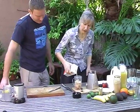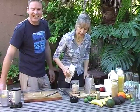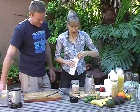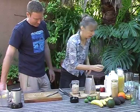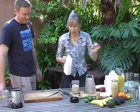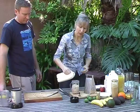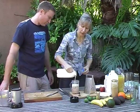Some rice milk, and I'm going to top that up with some rice milk. Rice milk's quite watery, so I might like to have a bit of yogurt with this. And the thing with the grated apple is it makes the yogurt taste sweet. My kids really liked that as a dessert when they were little. Grated apple topped up with a bowl of yogurt, and they thought that was yummy. So just a little drizzle of yogurt,